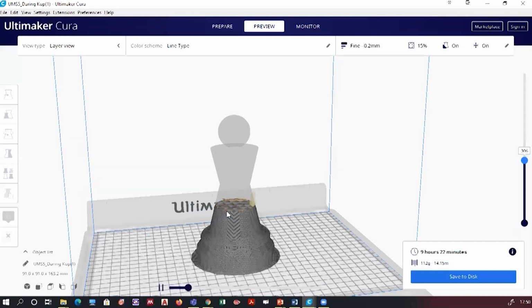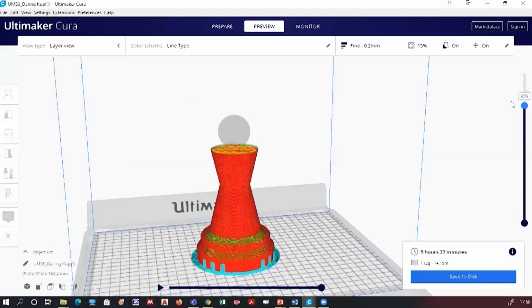The density of this mesh was given as 15%. Now, one by one, it will form layer by layer deposition and eventually you can build this whole product. Okay, so now what?